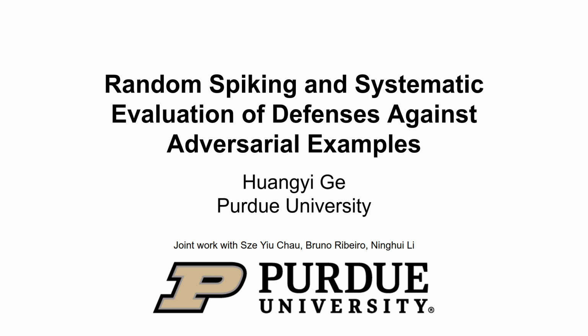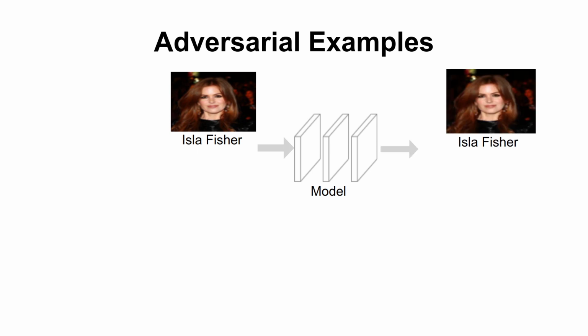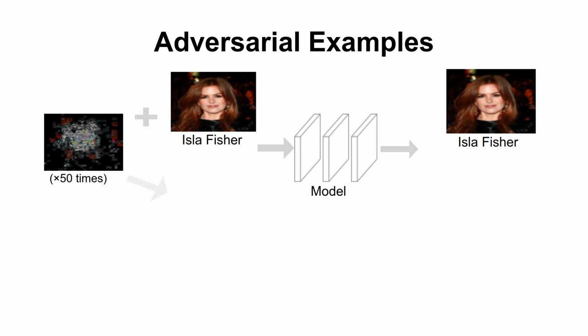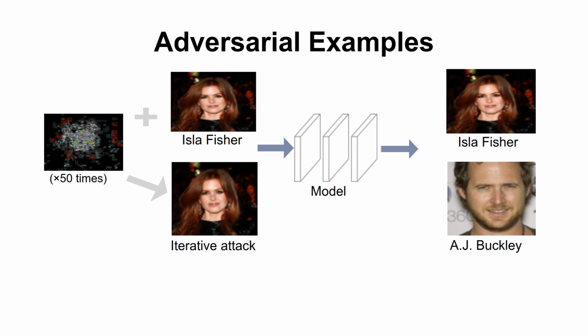Currently, adversary examples have become a security issue in neural network-based classifiers. For example, given a benign image and a neural net model, usually it can make a prediction with high accuracy. However, we can use an iterative-based attack algorithm to add human invisible noise to generate an adversary example, which causes the model to make a misclassification.